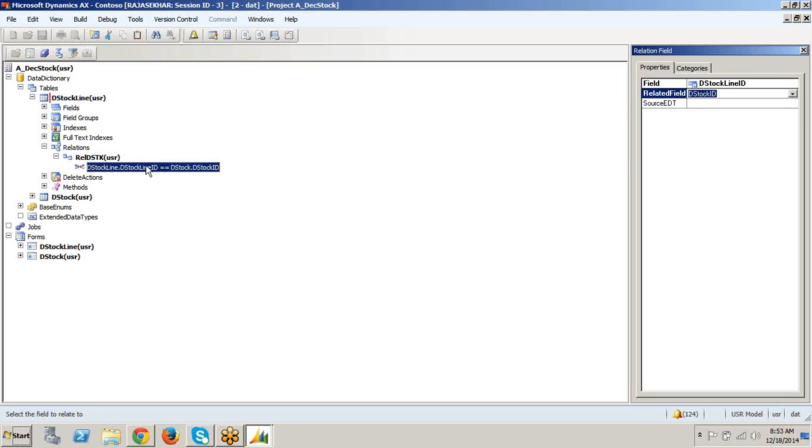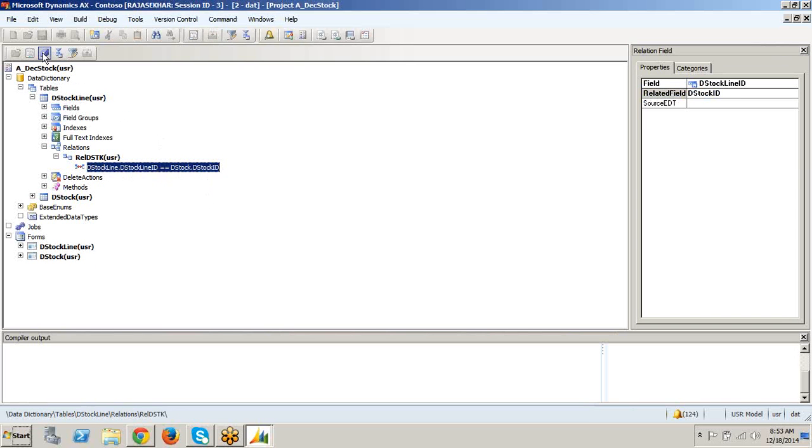Once you select these two, you get dstock line ID dot dstock line ID equal to dstock dot dstock ID, meaning child table dot stock line ID equals parent table dot stock ID. Okay, we have created a relation.